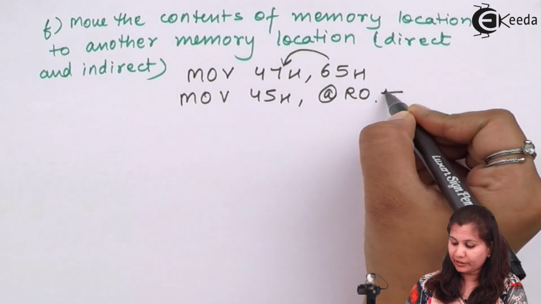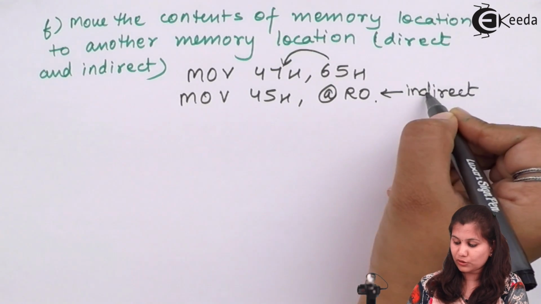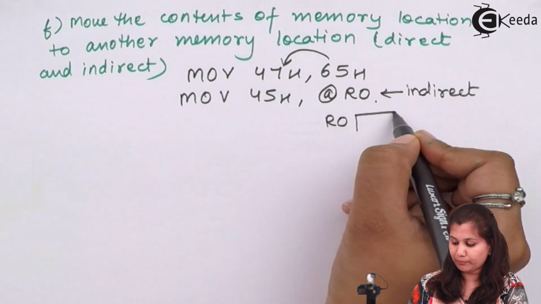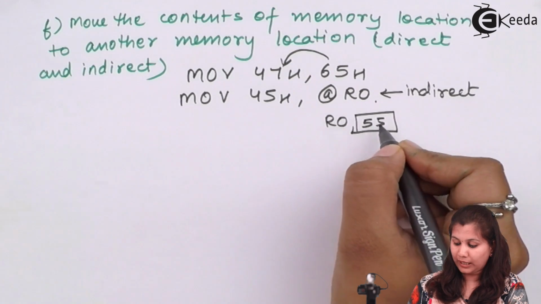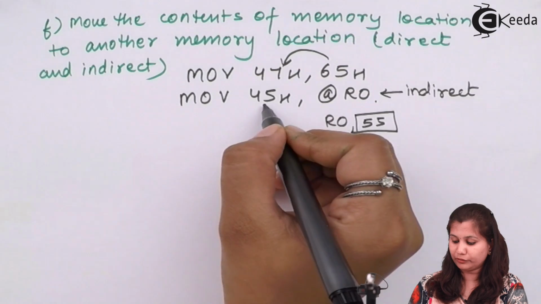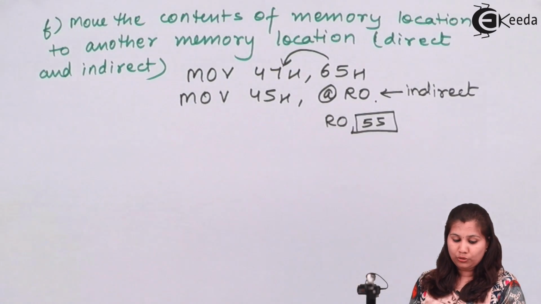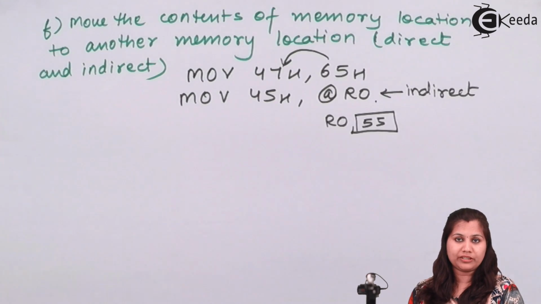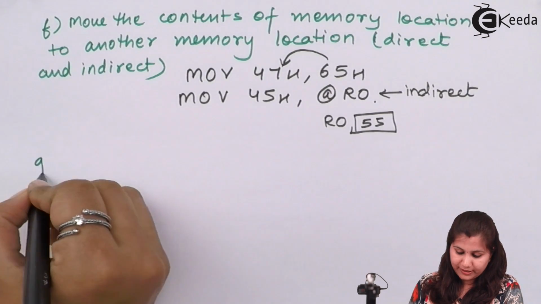Here indirect addressing is used. The address of the memory location is stored in the R0 register. So suppose R0 register has the address like 55. So at that memory location some content is stored, so that content will be copied into the memory location 45. So all these that we are studying are the types of move instructions. Okay, next type of move instruction is